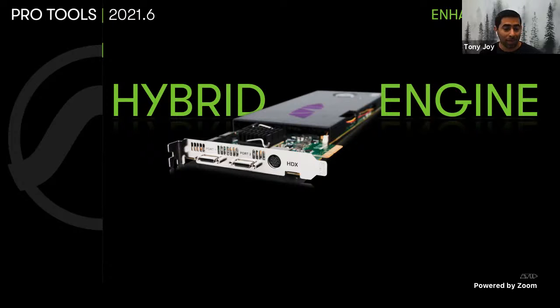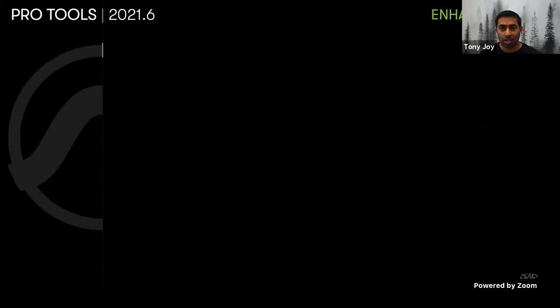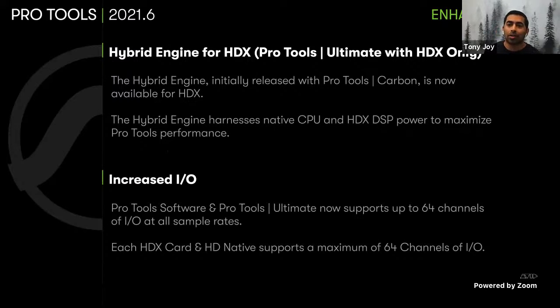And being a customer-centric company, we took feedback from our customers, and we know customers wanted to have the same feature sets with the HDX. And with 21.6, we are introducing hybrid engine for the HDX workflow. And this is huge, right? If you're used to working with a classic HDX workflow, as we call it now, you had a limited number of voices, and you had to add many more cards to get more and more voices depending on your session size. Now, starting with 21.6, hybrid engine for HDX allows you to harness both the CPU power and the DSP power